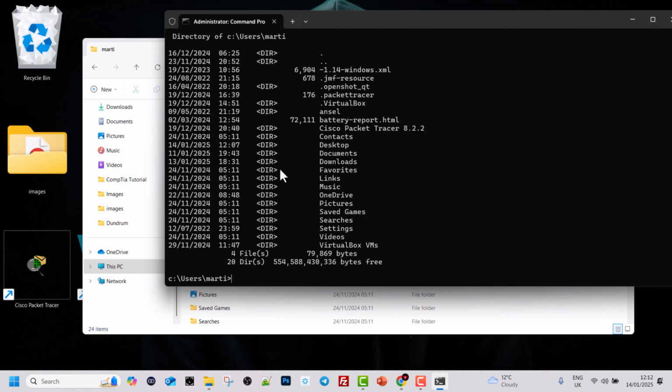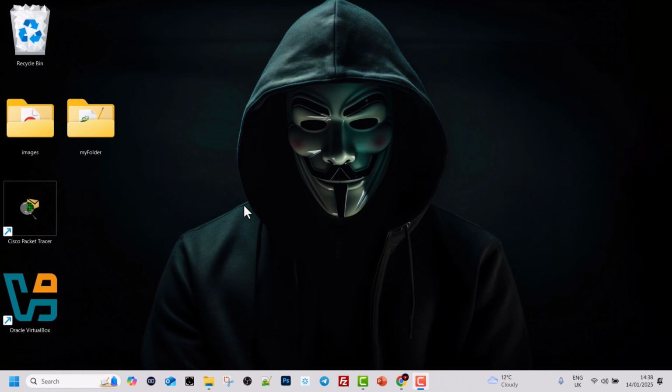So the cd command is for navigating the file system, getting from one place to another, and by using the dir command you can see what is in that particular file or folder where you have navigated to. And in this tutorial we are going to explore another command, which is the md command. And to start,